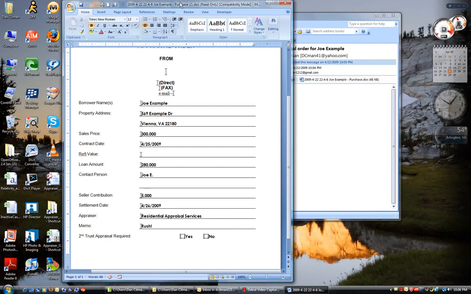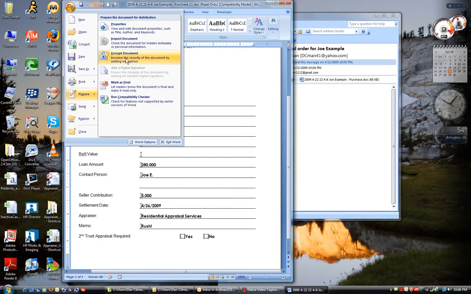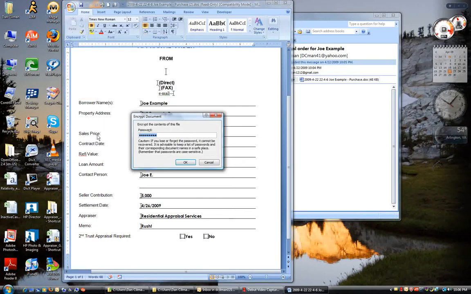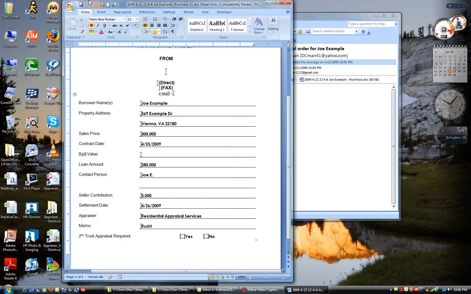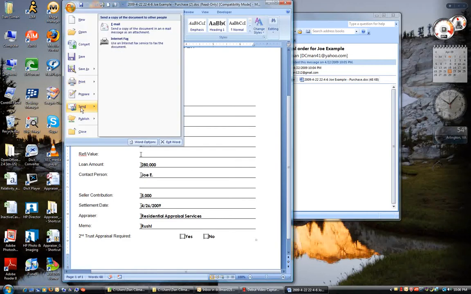Okay, so the person in your office who gets to see the appraiser now needs to forward this document to the appraiser. But before they do that, they need to take out the encryption on the document so that it's not password protected anymore. That's very easy. You just hit that button there, go to prepare, go to encrypt document, and remove that password. Hit OK. And then they just go there again, go to send email,